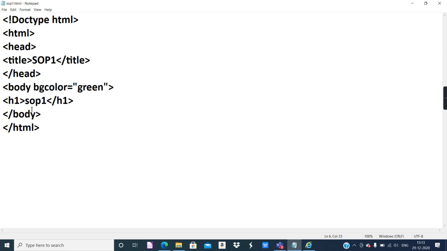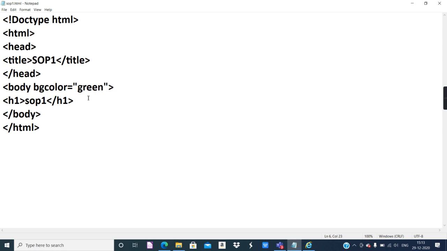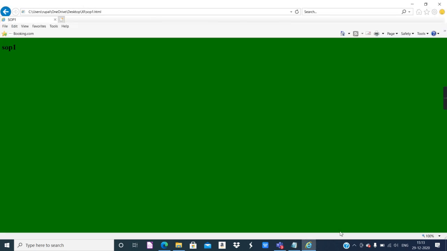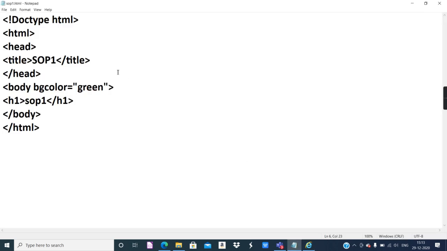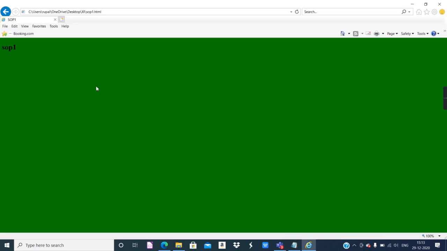Only one notepad and one web browser. No need to open any file again and again. Add the things, save the notepad, open the browser, and refresh it. Check whether the changes have been reflected in the web page. So this is the coding for the web page, and this is your actual web page.